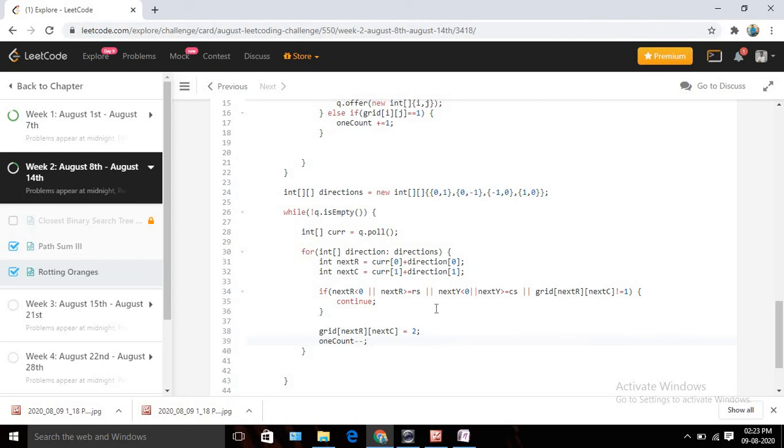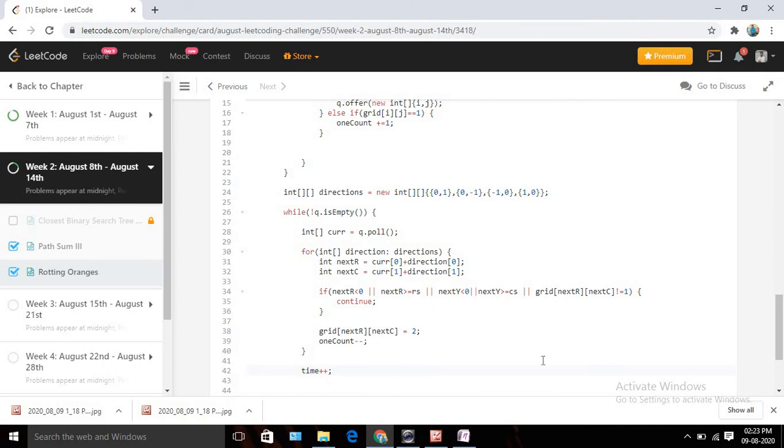And once we are done for a particular queue level, we are going to increase our time, right? So time should be plus 1, right?